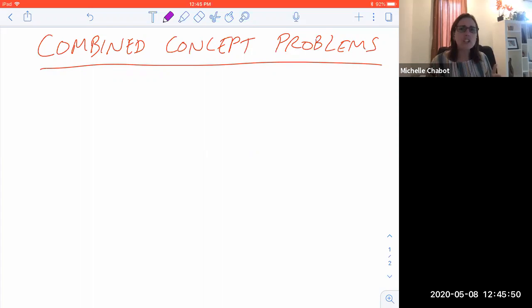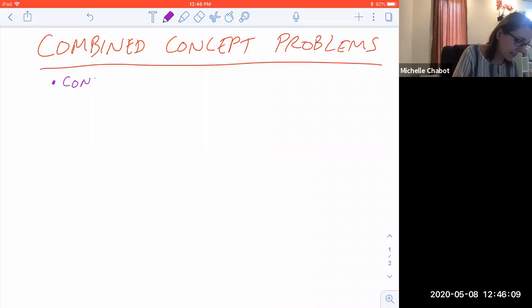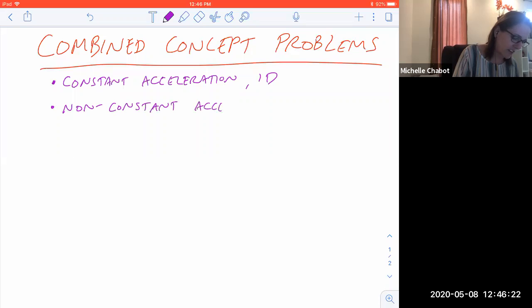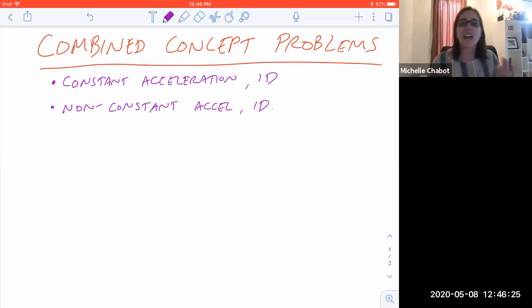So in general, it's going to become required starting with week 2 that every problem you submit, you have labeled the concept that you're applying at every step of a problem. So far, like I said, we have 2 concepts. So far we have constant acceleration in 1 dimension. And then we also have non-constant acceleration in 1 dimension. And the reason it's important to be able to name these is because if you know